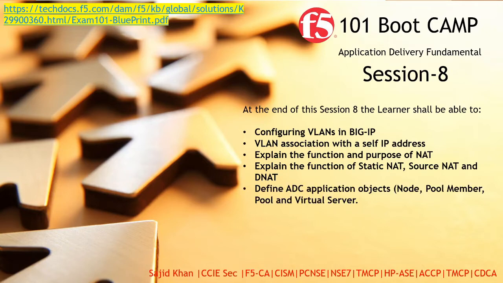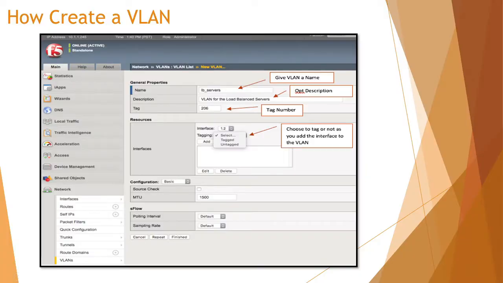We will also discuss application delivery controller objects like node, pool member and virtual server. At the end of the discussion, I will show you how to create a virtual server, pool member and a node. So let's discuss how to create a VLAN, and I will also show you in my own lab